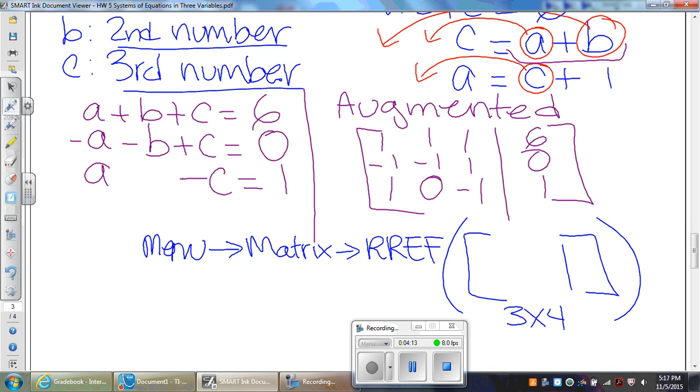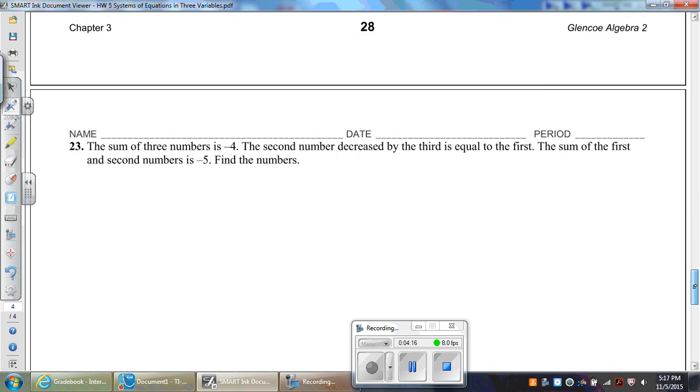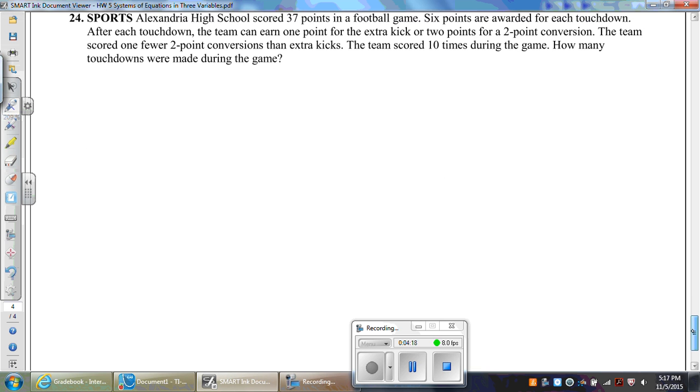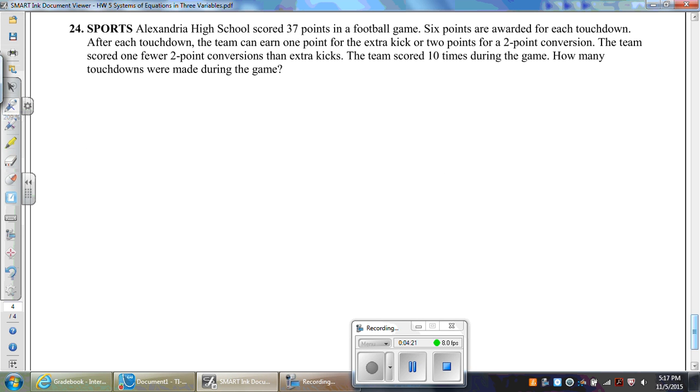I'm going to do one more problem from the same homework, and this will be problem number 24. And so here we have at this particular high school, during a football game, they scored 37 points. 6 points are awarded for each touchdown. And then we have extra kicks that are worth 1 point. And of course, we have the 2-point conversion. Now the teams score 1 fewer 2-point conversion, so I'm going to save that statement for later. But before that, let's